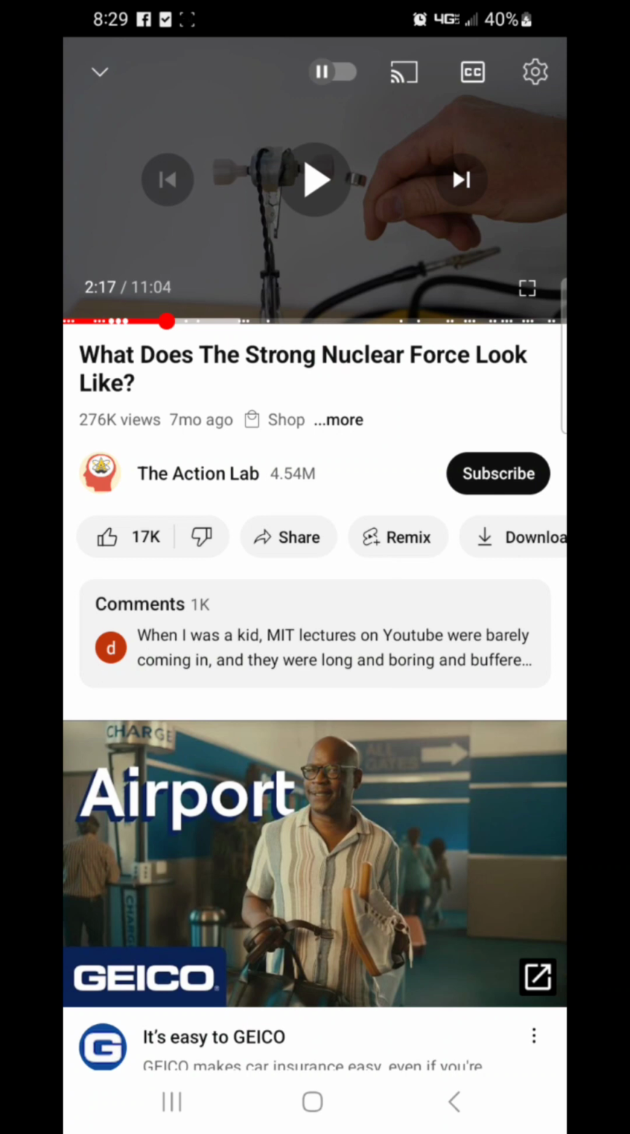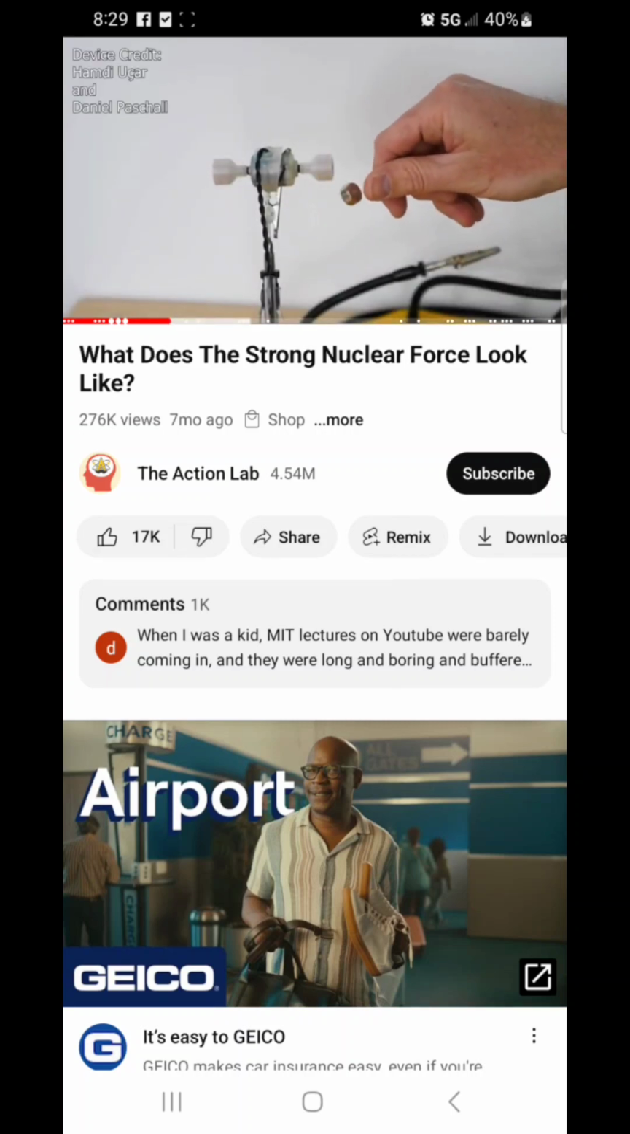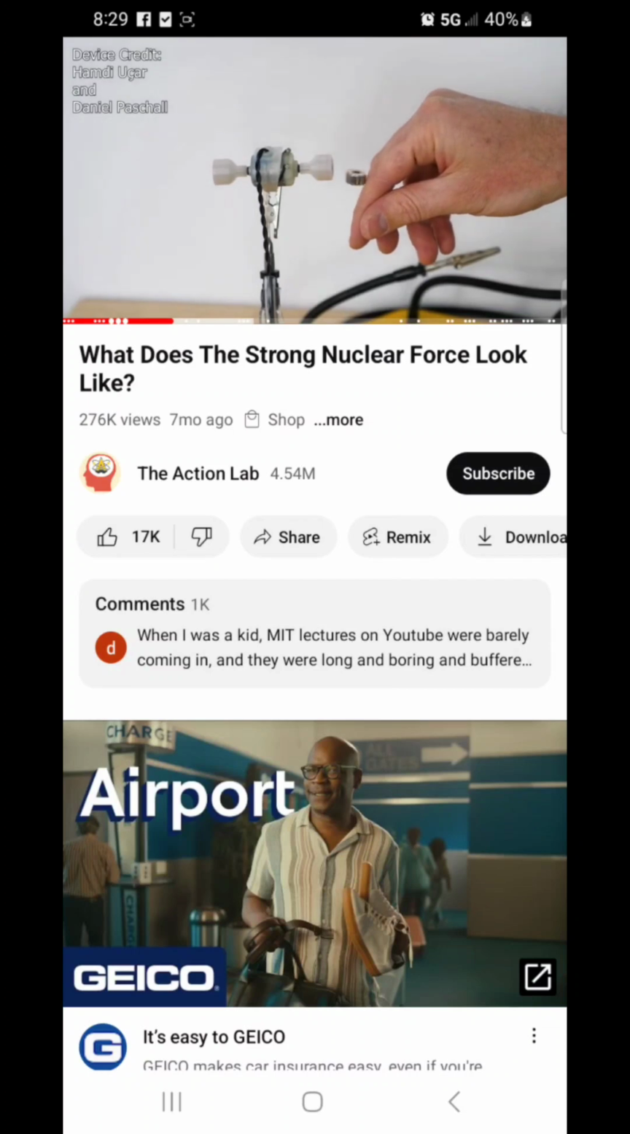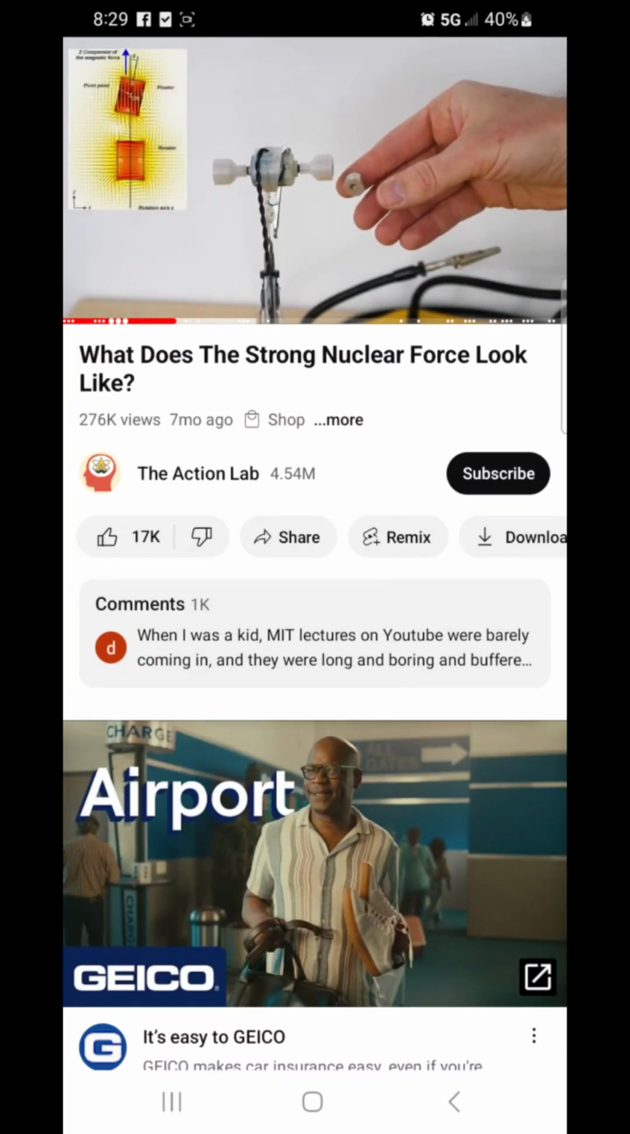I want to talk about magnetic force, electromagnetic force, and strong nuclear force. So I'm about to play a video for you real quick and show you how this magnet levitates. It's a device created by Hamdi Ukar and his associates. Hamdi is the scientist who pioneered the discovery of this new effect and first described how it works with mathematical